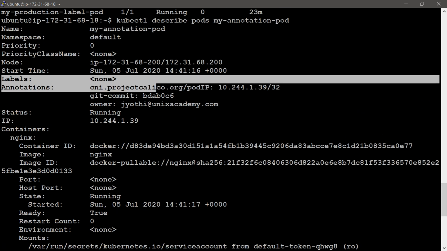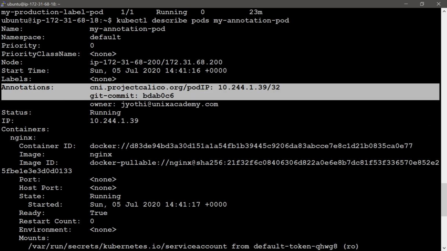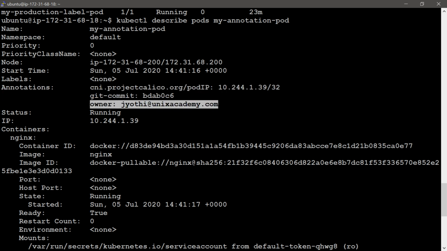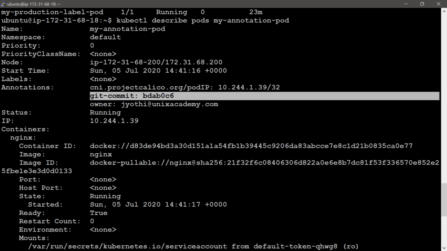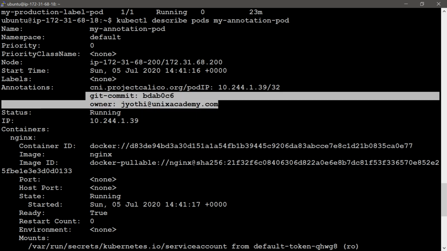Labels is none here. Why? Because we did not provide any label to this pod, and there is a default annotation, and the owner is showing, and the git commit ID, whatever I provided, we can see in this describe command.